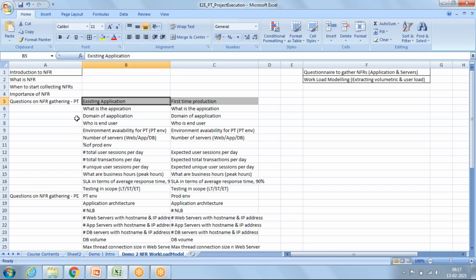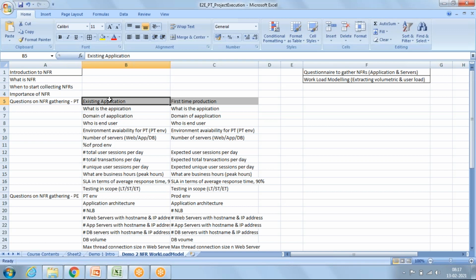Once we are collecting non-functional requirements, we can divide NFRs into three phases basically. First, if your application is already running on production and you want to make it better from the performance side.